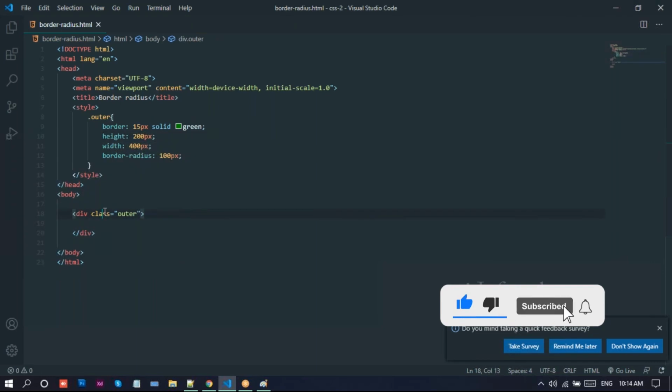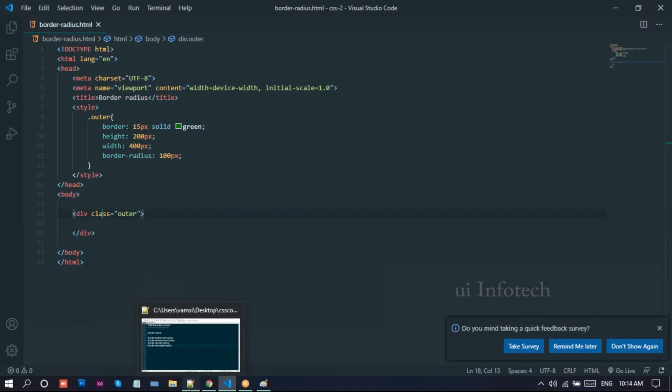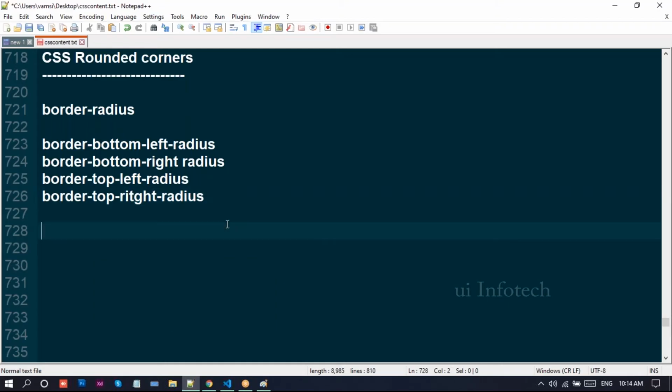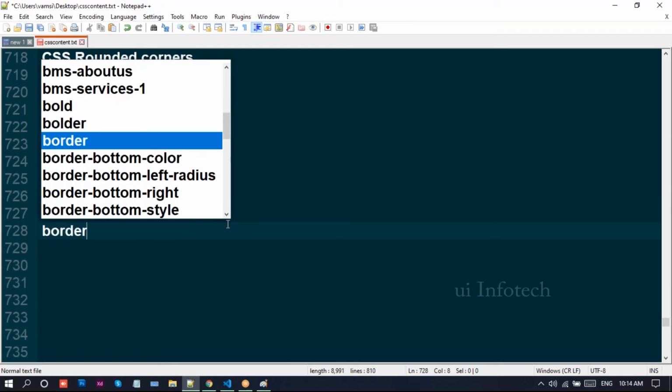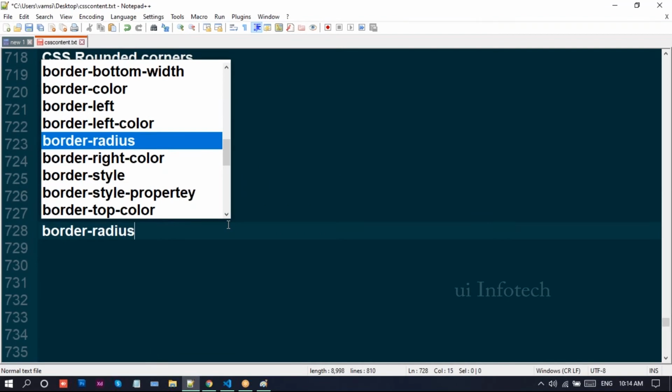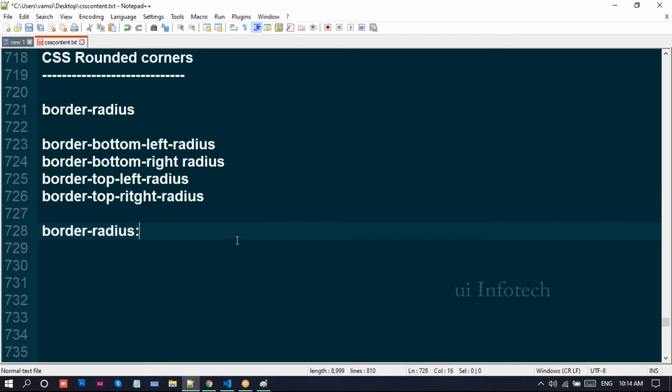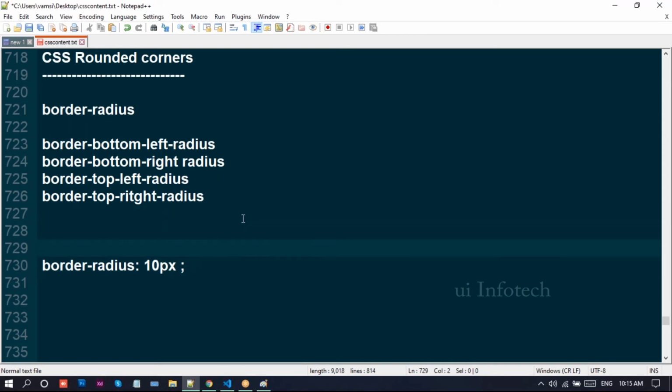Now in this border radius, we have values like border radius 10 pixels. What does 10 pixels mean? I'll take it in positions.